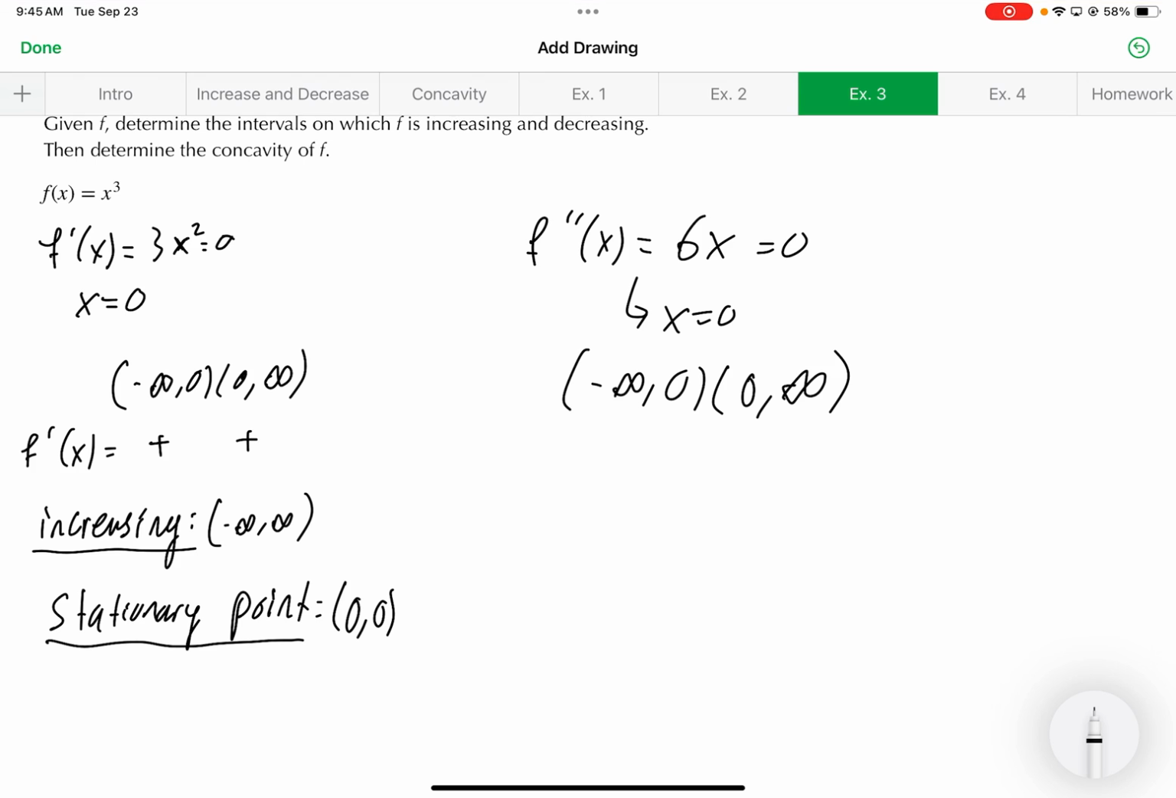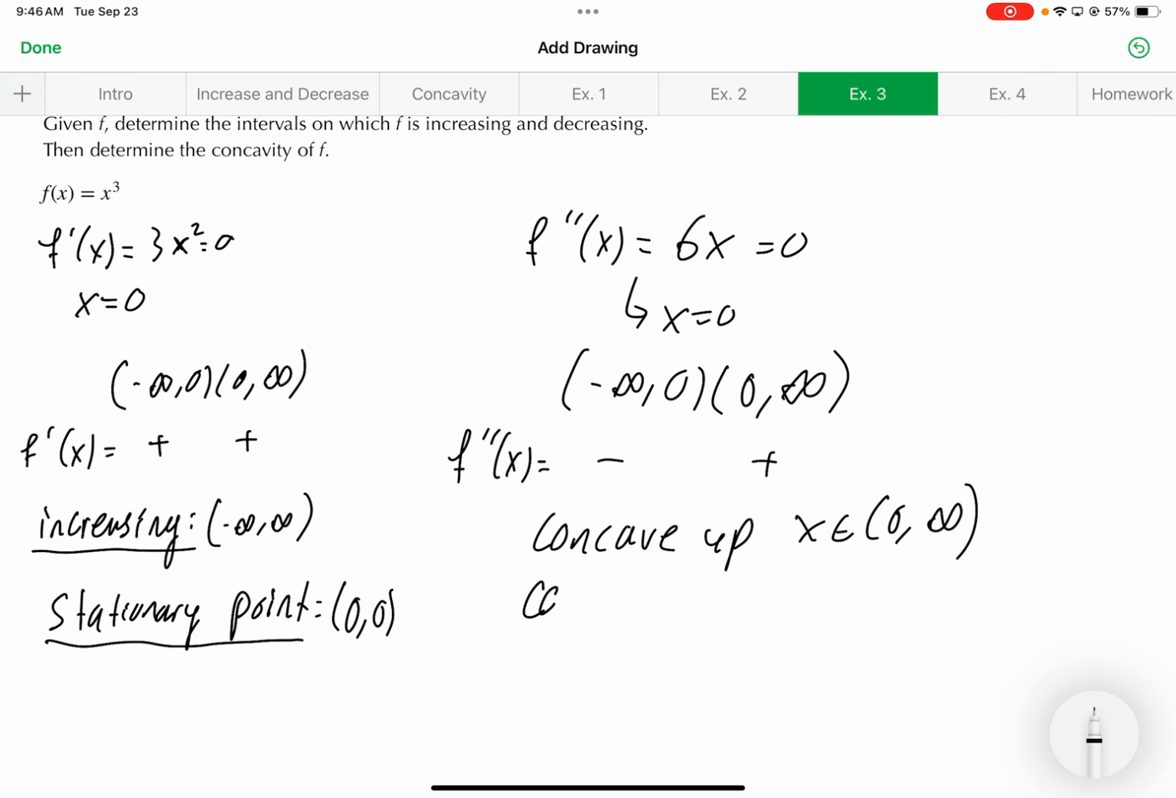Similarly, I want to use my second derivative to tell me whether my function is concave up or concave down. So I need to look at the sign of my second derivative. For a number between negative infinity and 0, let's plug in negative 1. 6 times negative 1 gives me negative 6, a negative output. And if I plug in 1 from 0 to infinity, 6 times 1 gives me 6. That's a positive output. So that means my function is concave up when x is an element of 0 to